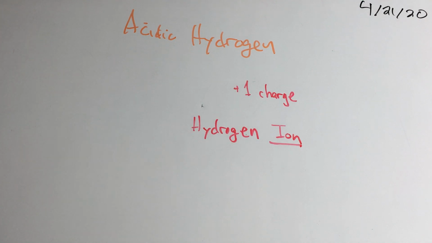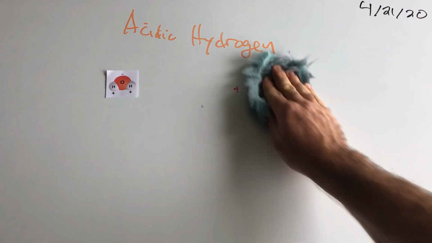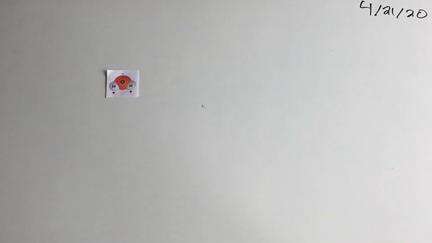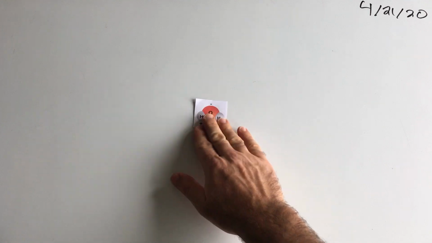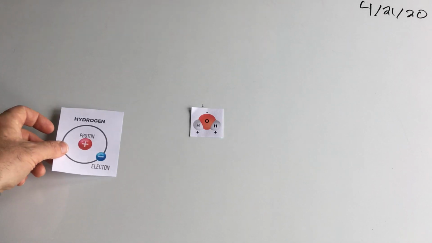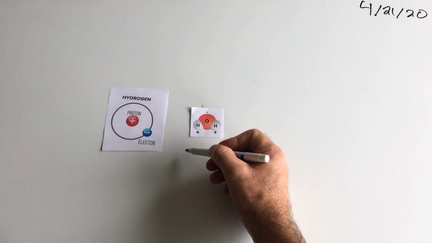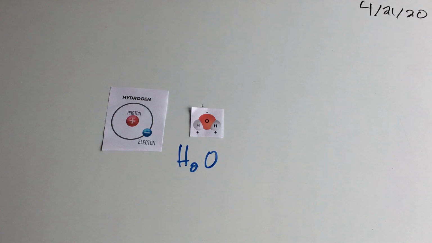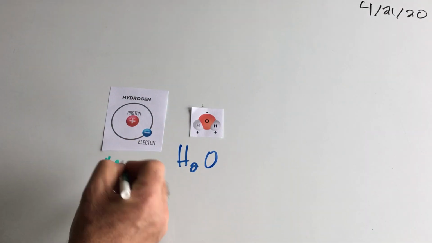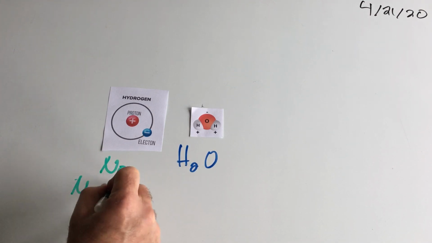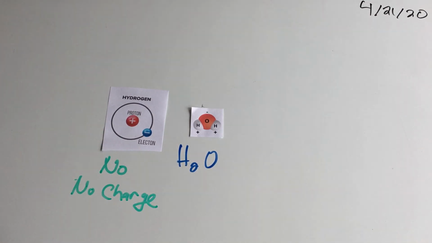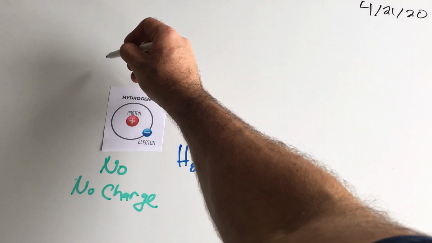So if I have water and two hydrogens show up and try to attach. So there's my water, it's hanging out. And one hydrogen's like, hey, buddy, want to hang out? Water, which is, of course, H2O, says no to this guy because there's no charge. There's no way for it to grab onto water. So, no charge, no attachment, no name.